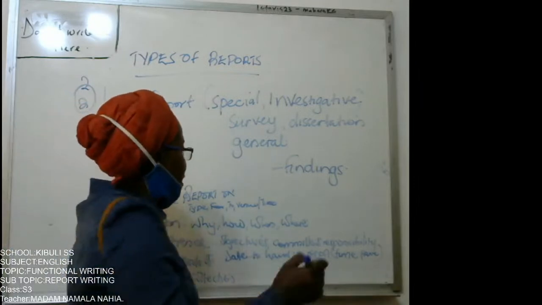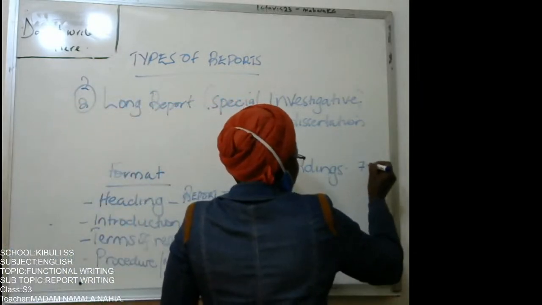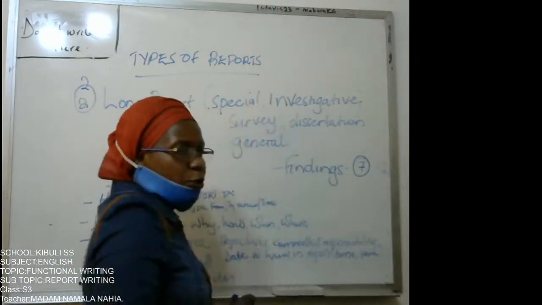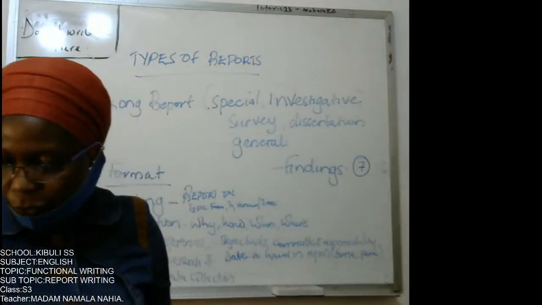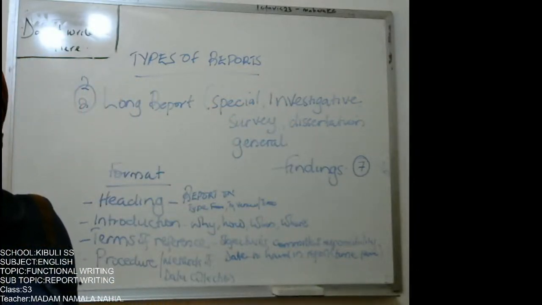So that means that even under the findings, for examination purposes, try to locate at least a minimum of 7 findings. 7 findings here. Then